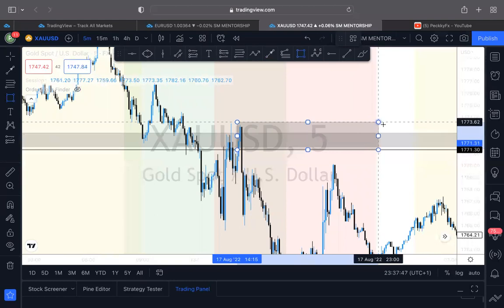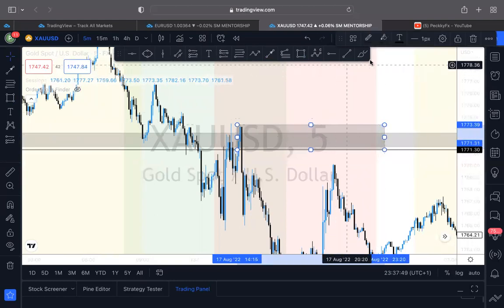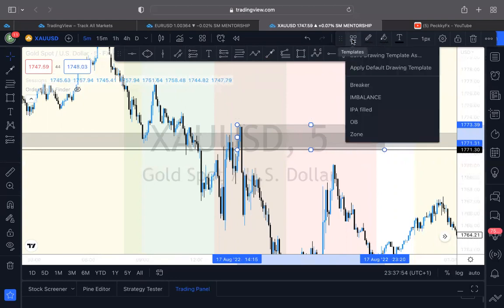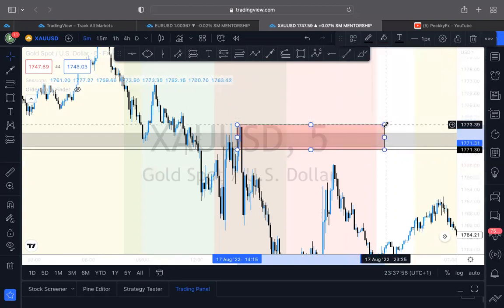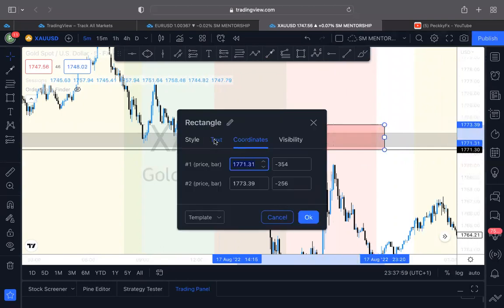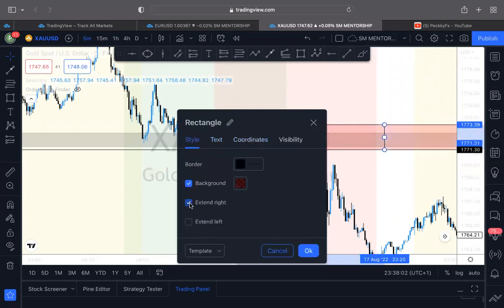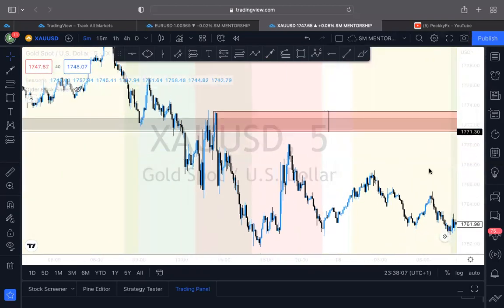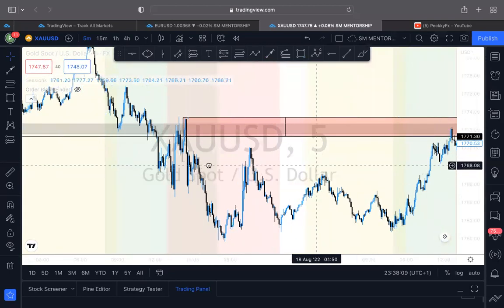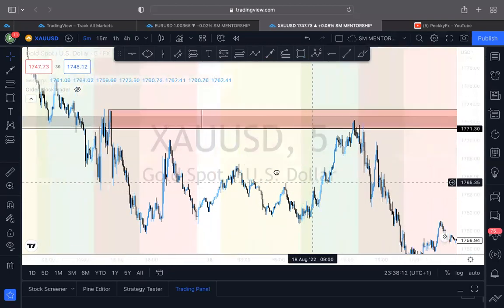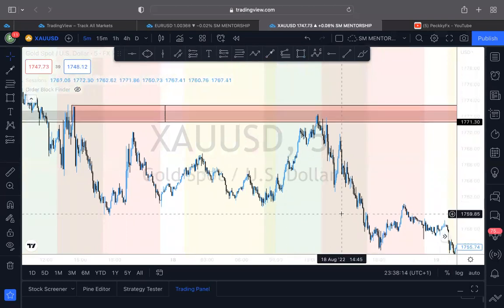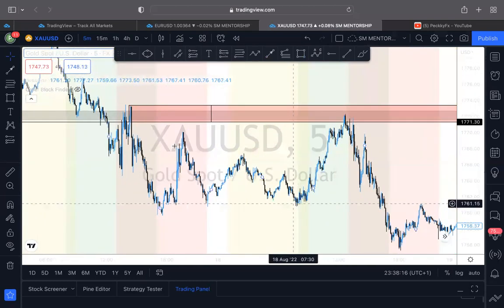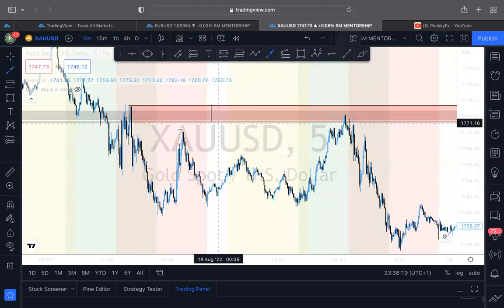Take note, this was my New York overlap block. All right, so I want to see the block. Let's put it this way, extend to the right. Okay, so this is where I want to see the entries, just using that same thing, right? So you can see how the market also on the lower time frame takes out, creates liquidity on the lower time frame,